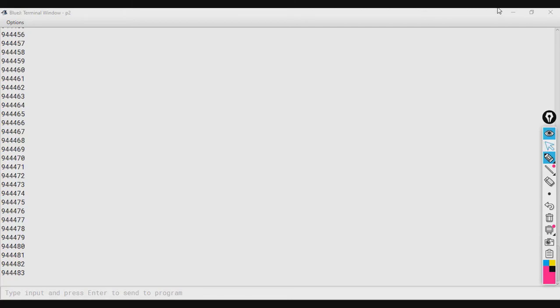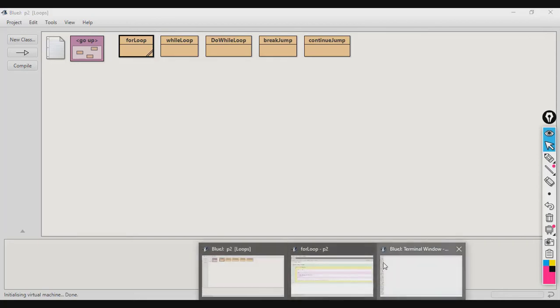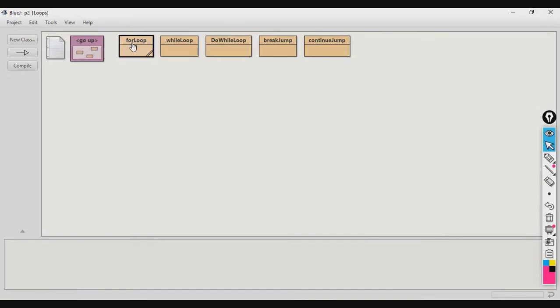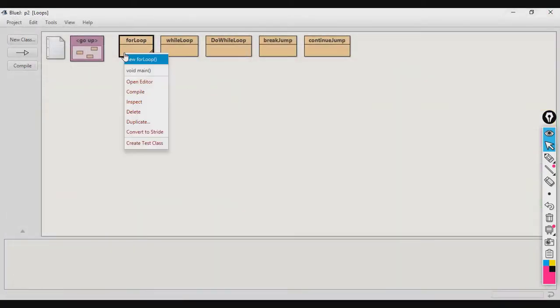Okay. So, to do that we have to press Ctrl Shift R in BlueJ, and you see now the loop has stopped. So, this is an infinite loop. So, if I want, I can put a condition here, I less than equal to 20. Okay. This time the condition is I less than equal to 20, and the initialization statement and the update statement is still blank. Okay. But the initialization is happening outside the loop, and the update is happening inside the body of the loop. Okay. So, let us see the output this time.